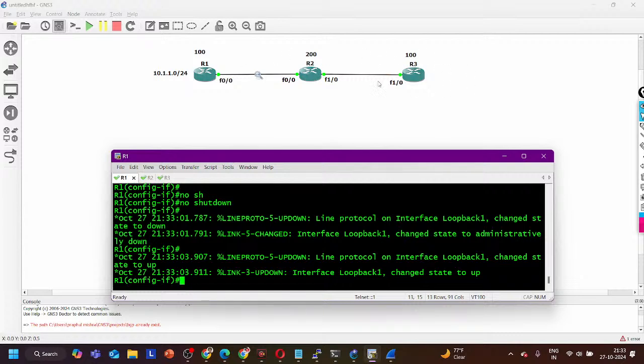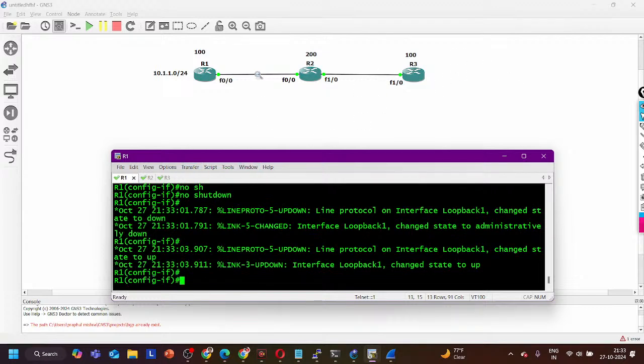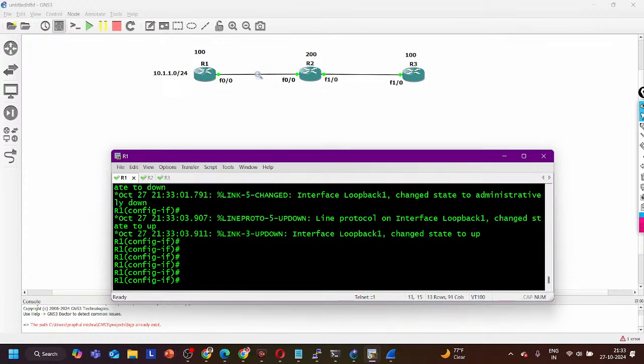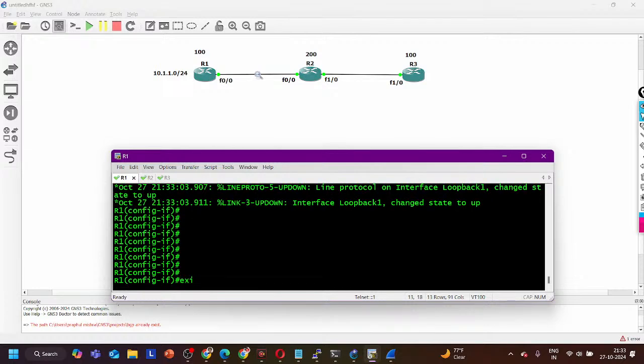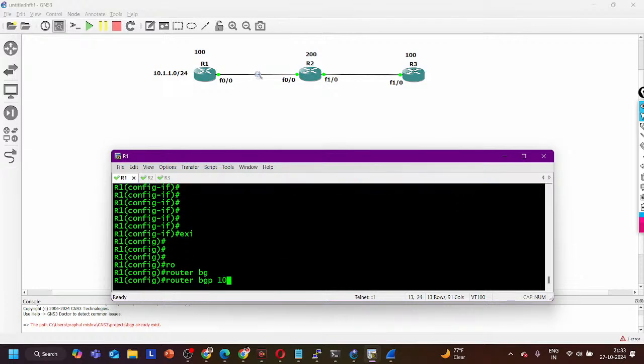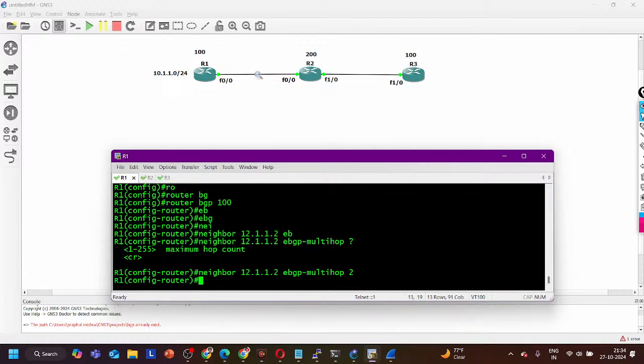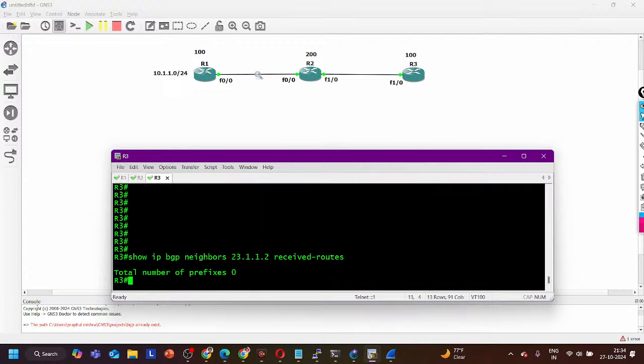The TTL value is 0 on R3. When R3 receives the BGP update, the TTL value will become 0. What is the solution? Router BGP 100, neighbor, eBGP multi-hop 2. And now on router number 3,